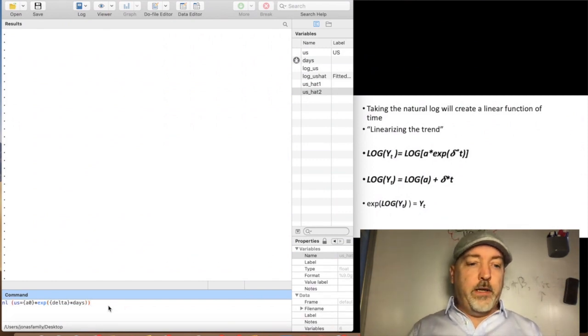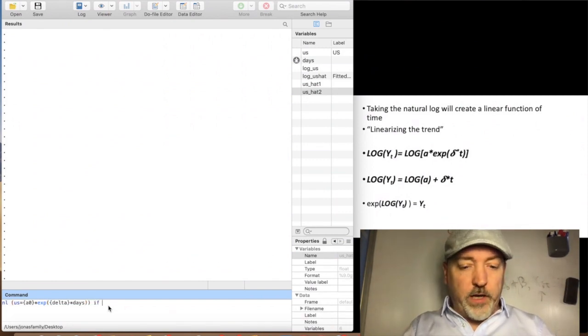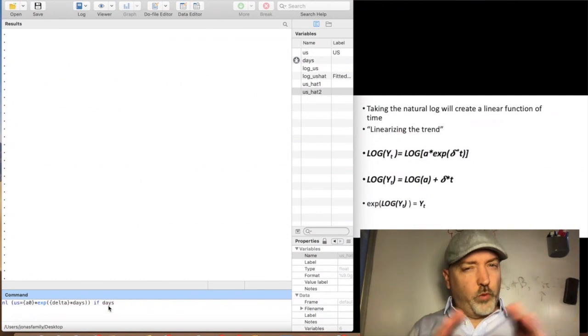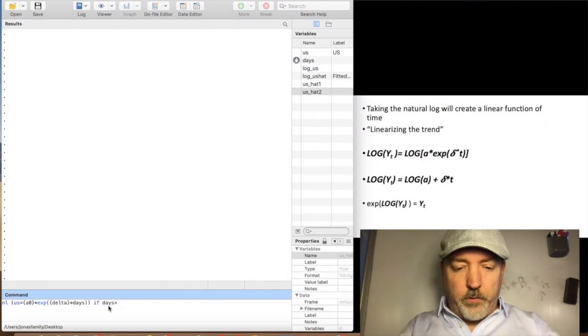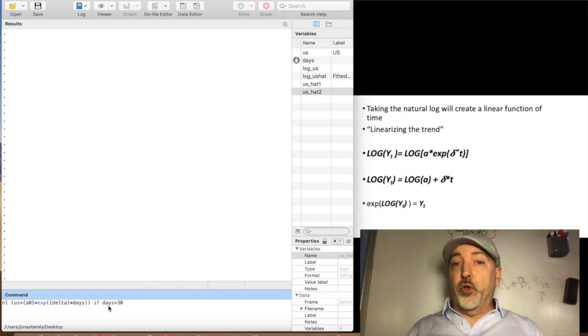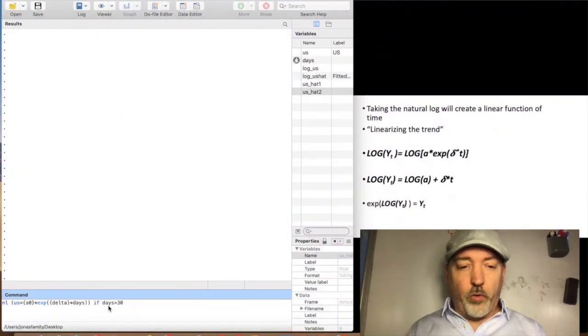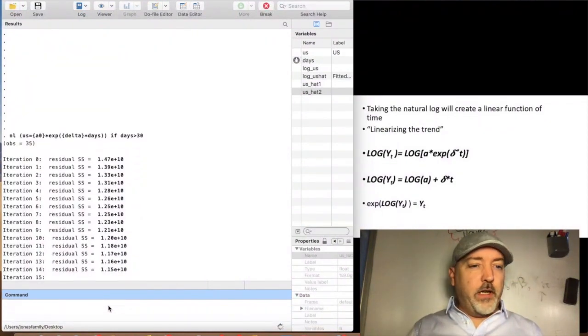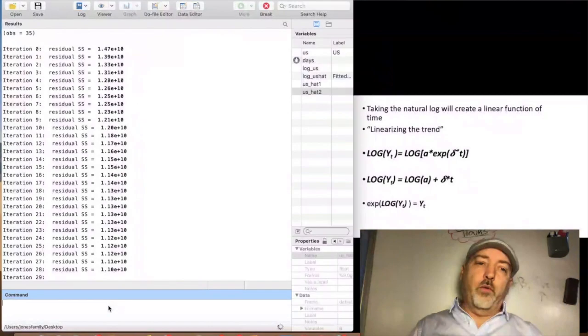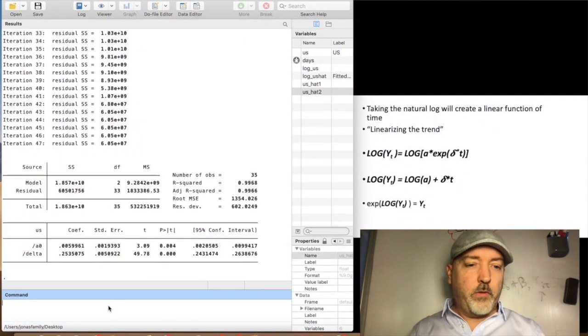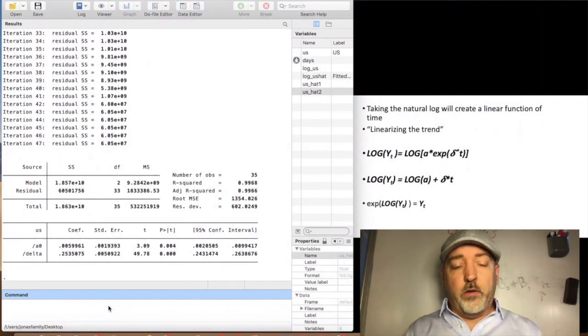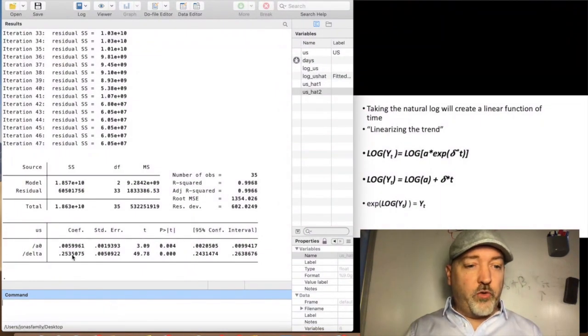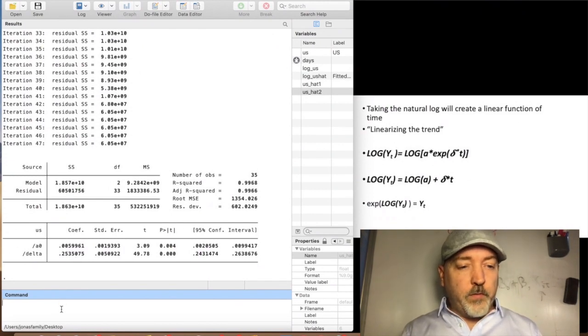end parenthesis for the estimation. And let's also go ahead and restrict our sample to start at the 30th observation, again, once that exponential growth really kicked off. And here's the iterations happening right before our eyes, and hopefully right about now we get our results. So these are the direct estimates over the sample of the A0 hat and the delta hat